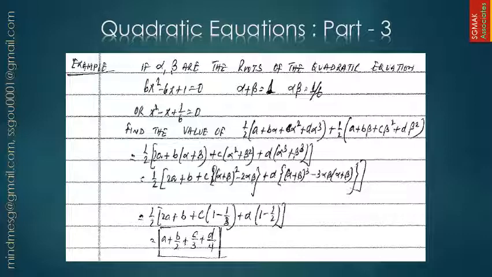Now alpha plus beta is 1, we put that. Alpha squared plus beta squared is alpha plus beta whole square minus 2 alpha beta, and alpha cube plus beta cube is alpha plus beta raised to the power 3 minus 3 times alpha beta into alpha plus beta. So now we substitute the values we know and we get an expression a plus b over 2 plus c over 3 plus d over 4. So that's the value of this expression